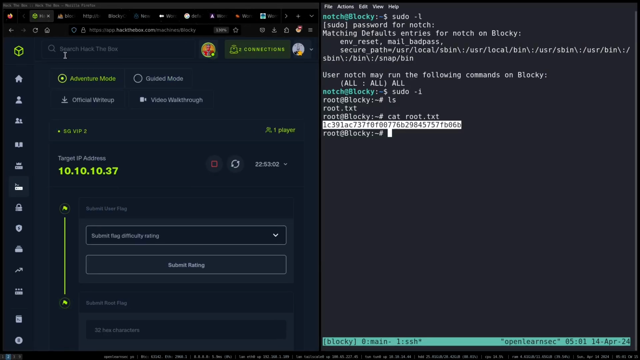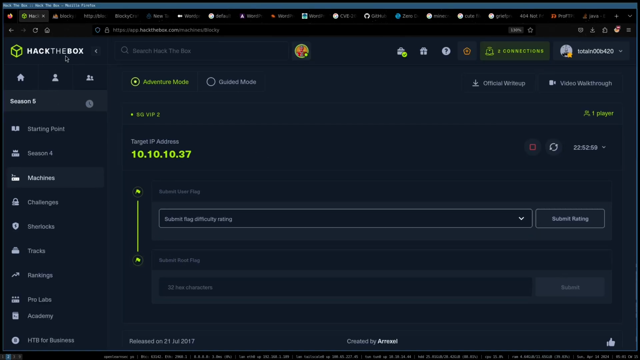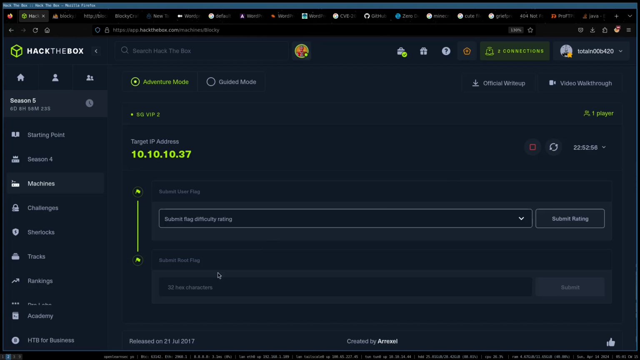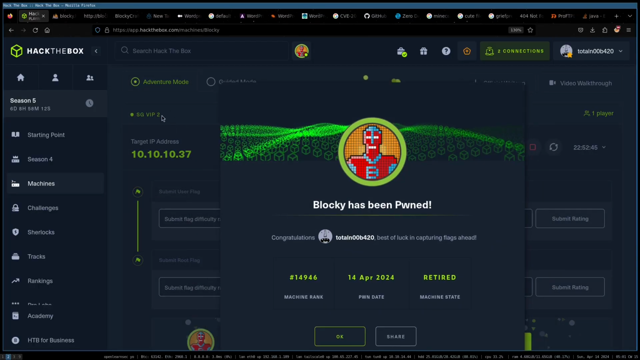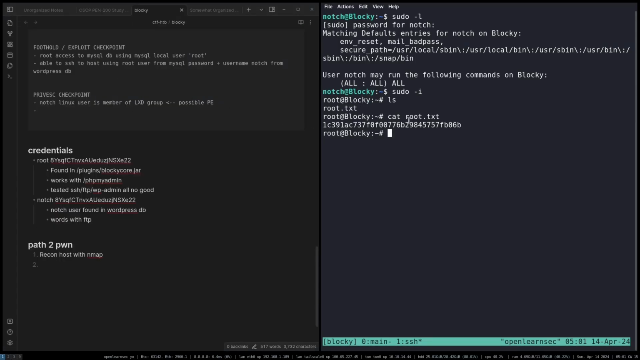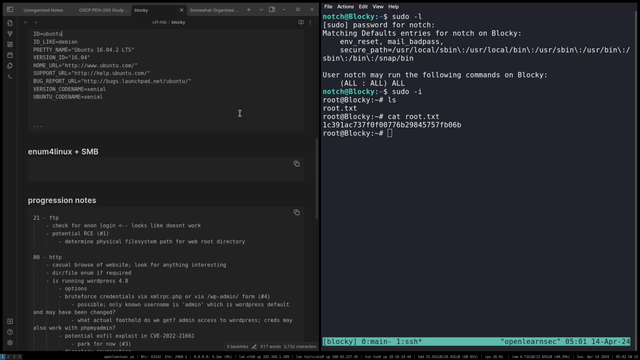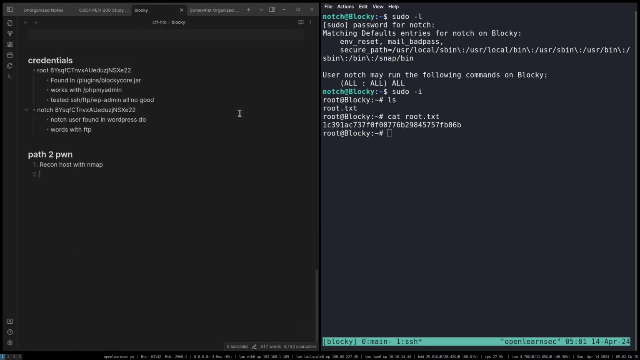Let me just get my windows sorted back out. Okay. Let's get the flag in. Yeah, and let's do a quick recap. So, look, lots of interesting red herrings in all of this. The actual path was our recon. Then we found a jar file in /plugins,